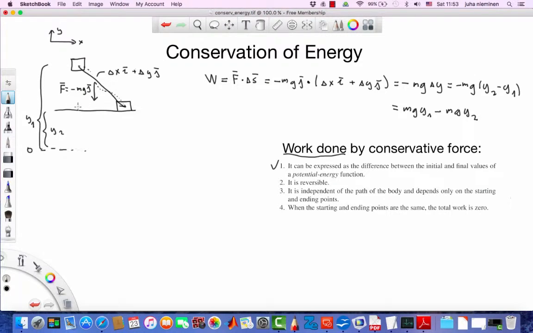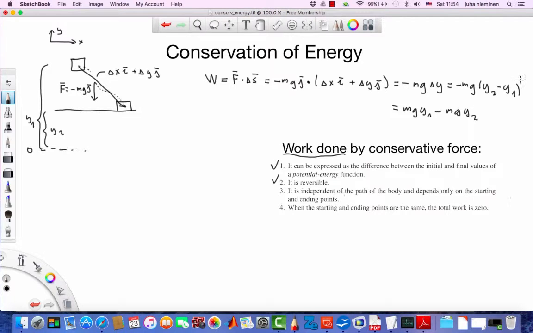from the ground, and with the speed that it has, it bounces back up. So in that process, the initial potential energy is converted into kinetic, but the kinetic is converted back to potential by the force itself, and it recovers everything that was in the beginning. In essence, it bounces back to the same height. So gravity fulfills that condition. Also, the work is independent of the path of the body and depends only on the